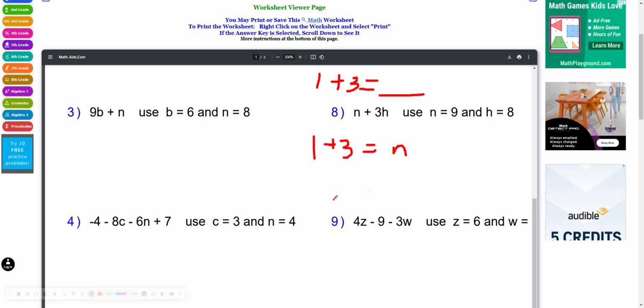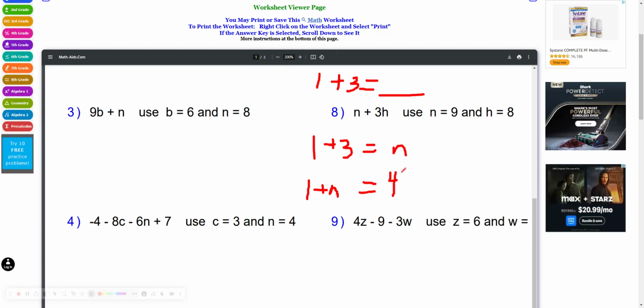Now, the cool thing about algebra is that it doesn't just have to be the answer to your operation. The unknown value can actually be one of your terms. So 1 plus n is equal to, let's say, 4. We would still have to solve for n. We have to find this missing value. And of course, 1 plus 3 would give us 4. So that's really what algebra is. It's simplifying expressions, simplifying equations, and finding out the missing value, figuring out what the variable is actually equal to,